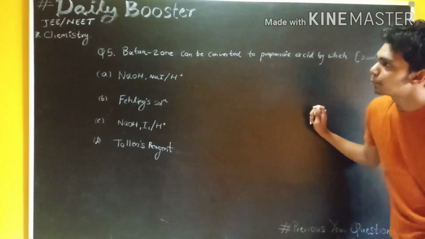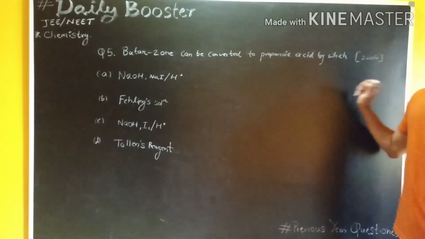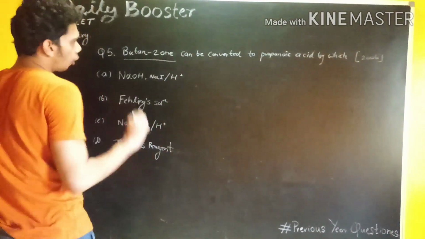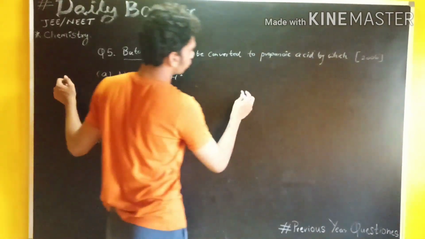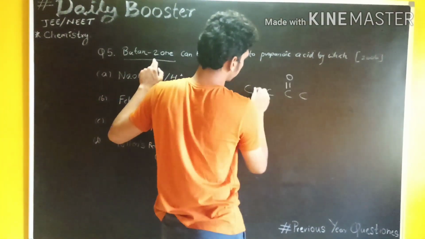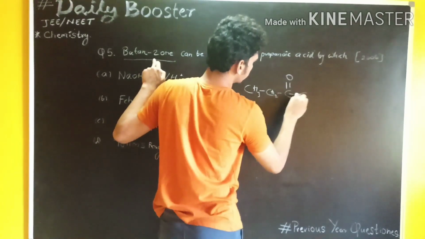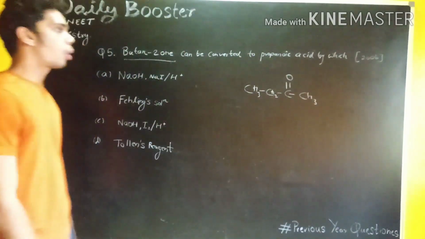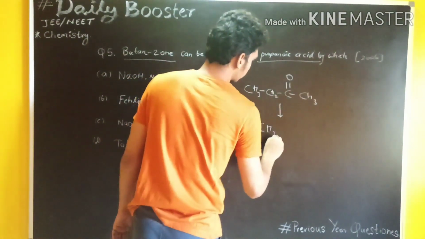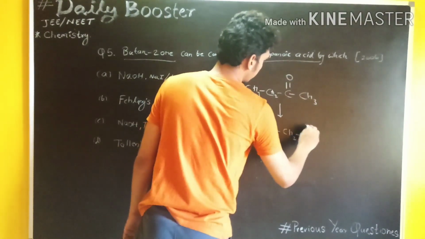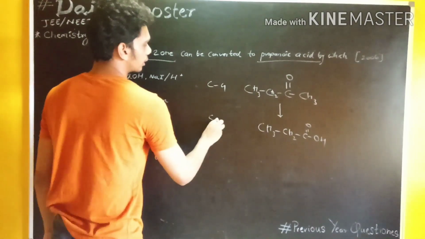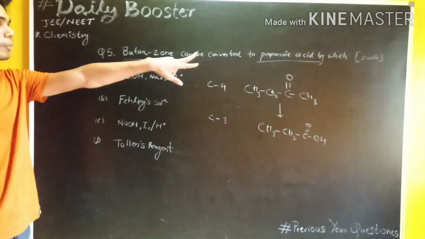Okay, the next question is that butan-2-one can be converted to propanoic acid by which of the following options. See, butan-2-one is nothing but a ketonic group. Butan-2-one has 1, 2, 3, 4 carbons, and on the second position the ketonic group is there. So CH3COCH2CH3, this is your butan-2-one. Now, it has to be converted to what? Propionic acid. What is propionic acid? CH3CH2C double bond O, OH. In butanone there are 4 carbons, in this there are 3 carbons. So there is one less carbon in the product we want.